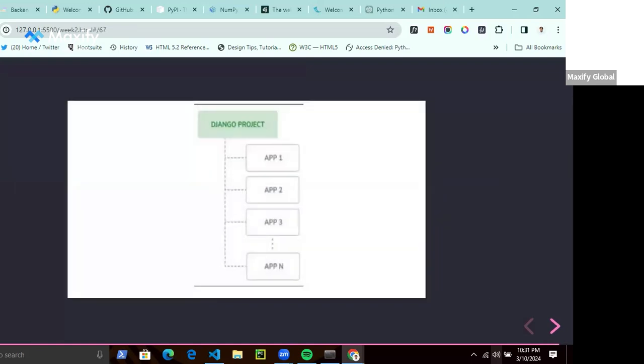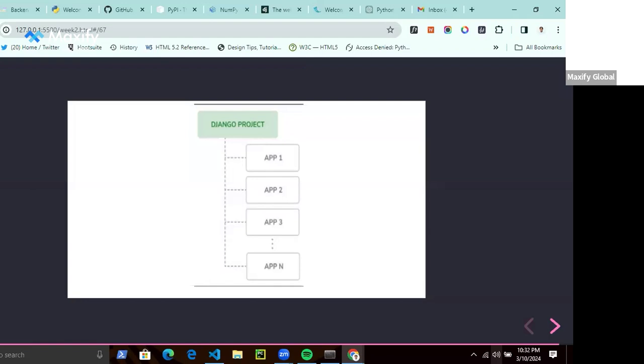This is not the real project structure yet. This is just a way for us to see how Django is structured when you start a project and then create reusable apps under your project. So if you look at this diagram, you can see that you have a Django project. A Django project is considered as an installation of Django with some settings. So at the top level, you have a Django project. When you run django-admin startproject, you actually create an instance of a Django project with some settings files and basic configuration, right?